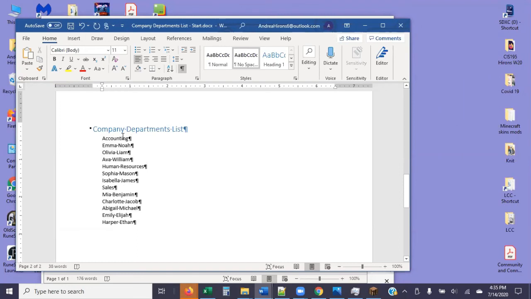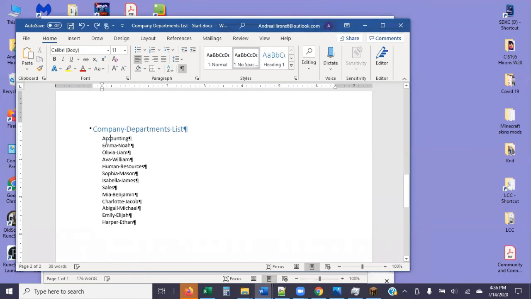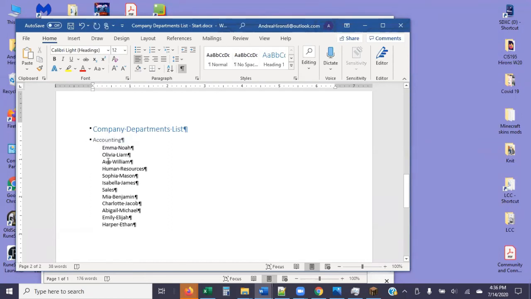So I'm going to make this heading 3. I'm going to make this heading 3. And I'm going to make this heading 3. Oh, okay, that was my question. Okay. And I did it 2 different ways. I can just apply heading 3 to each of these, or I was just showing you another way, which was to apply it to accounting and then